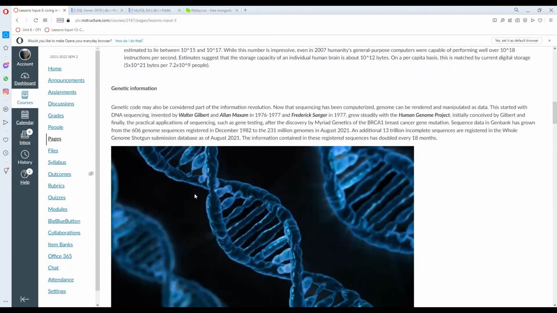Genetic information. Genetic code may also be considered part of the information revolution. Now that sequencing has been computerized, the genome can be rendered and manipulated as data. This started with DNA sequencing invented by Walter Gilbert and Allan Maxam in 1976 to 77 and Frederick Sanger in 1977. It grew steadily with the Human Genome Project, initially conceived by Gilbert, and finally the practical applications of